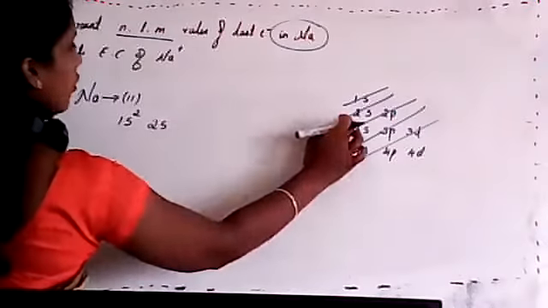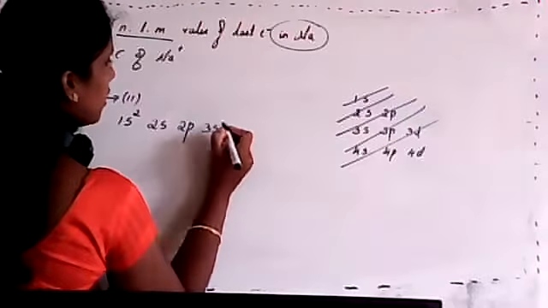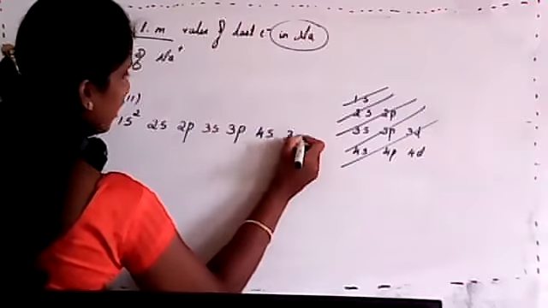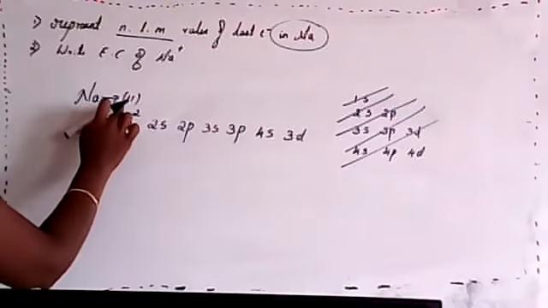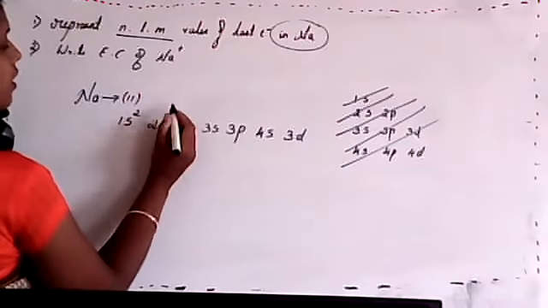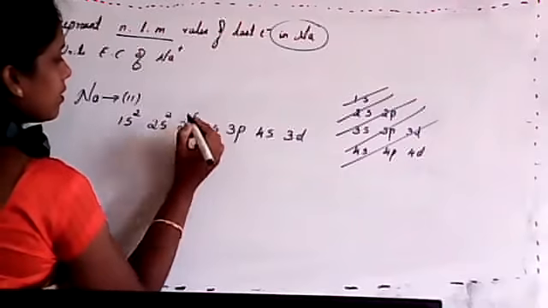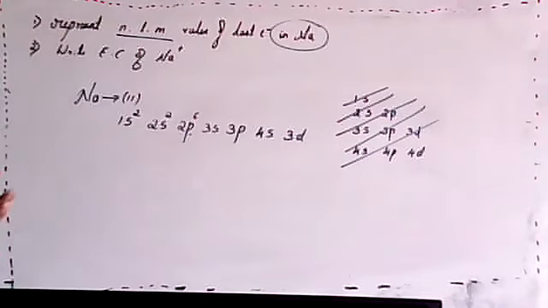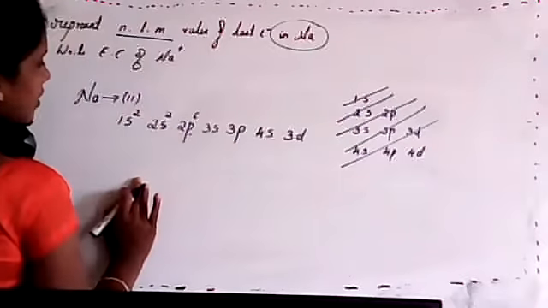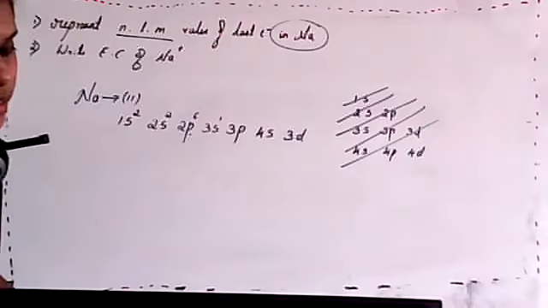Yes, 1s2, after that 2s, after that 2p. I'll write like that only. 3s, next comes 3p, after that 4s, then 3d. It is the actual arrangement, isn't it? So now we have 11 electrons. 2 in the s shell, next 2 in the s shell, next p. The maximum capacity of the p orbital is 6 because px contains 2, py contains 2, pz contains 2, isn't it? So then 6, 7, 8, 9, 10, isn't it? So then one electron remaining, which is our 3s1.